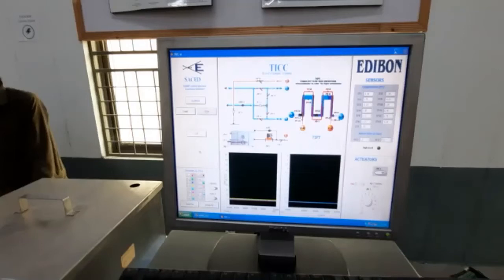heat exchanger, and now I will explain to you how we will use these readings of parallel flow and anti-parallel flow temperature. These are all the temperatures of different sensors at different places, and some of these sensors are on the hot water side and some of these are on the cold water side. So we will measure the values of temperatures of hot water and cold water at different stages, and then we will use all of these values to calculate our required parameters. So now I will move towards the lab manual and I will explain how to calculate these values.